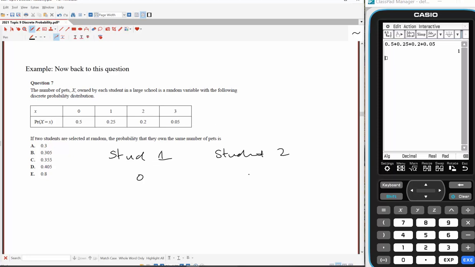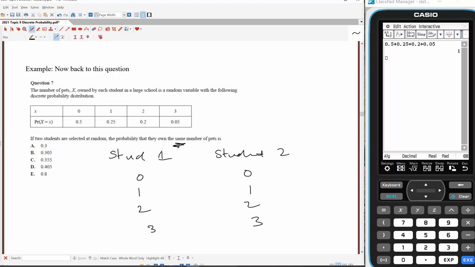So student 1 has 0, student 2 has 0. That's a possibility. That's the same number of pets. So student 1 goes, I've got 0 pets, and student 2 goes, I've got 0 pets. Wow, the number of pets we have is the same. So they could have 1 and 1, they could have 2 and 2, they could have 3 and 3. So what we'll do is we'll work out the chance of having no pets and then no pets, 1 pet and then 1 pet, 2 pets and then 2 pets, 3 pets and then 3 pets, and then